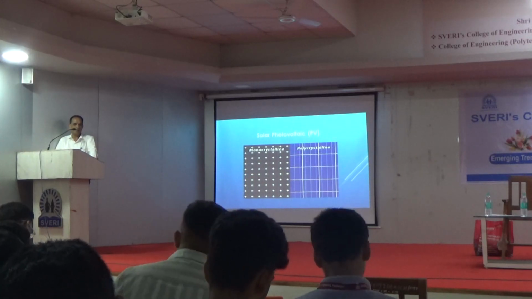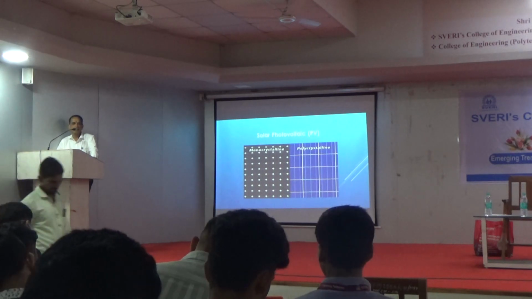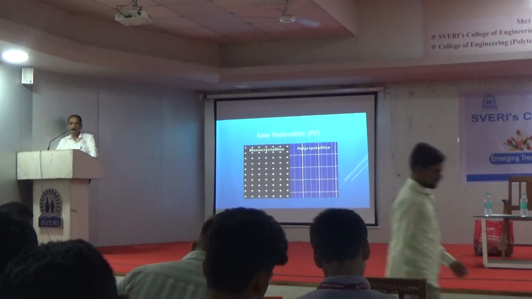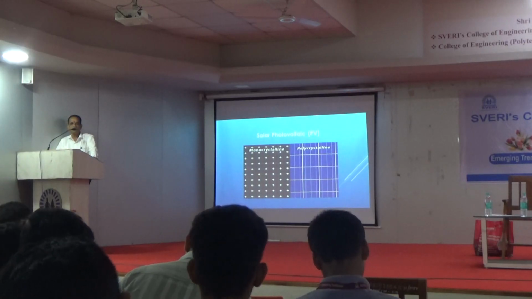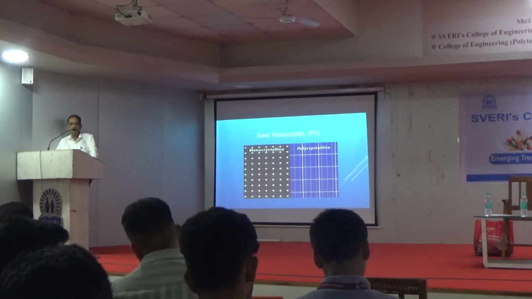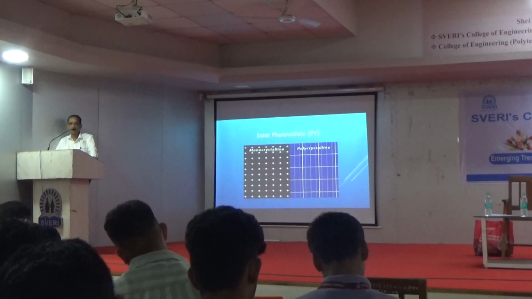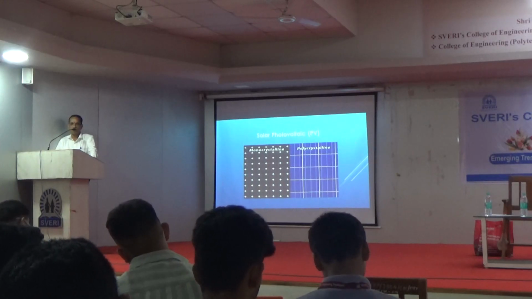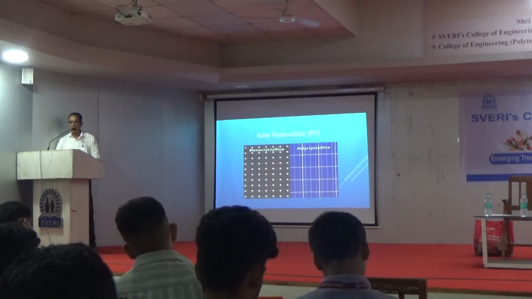But 12 volt panels are available. 12 volt minimum is 10 watts. Second is 12 volt 20 watt. Third is 12 volt 40 watt. Then 12 volt 60 watt. Then 12 volt 100 watt. Then next is 12 volt 120 watt, and last is 165 watt. 12 volt 165 is the last panel available in the 12 volt category.